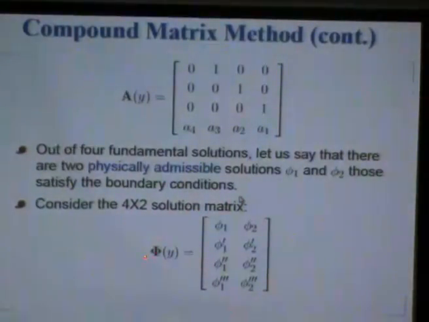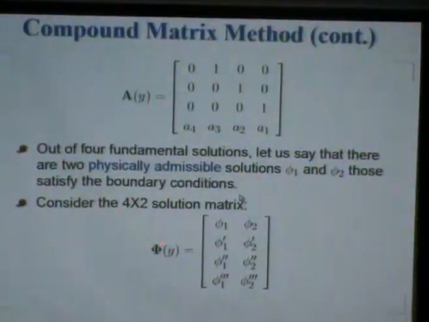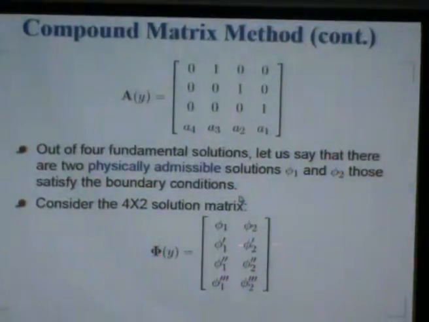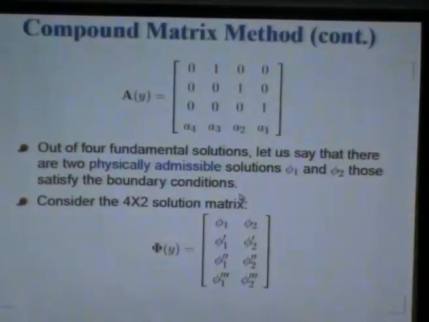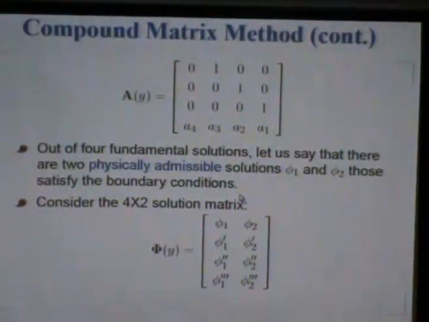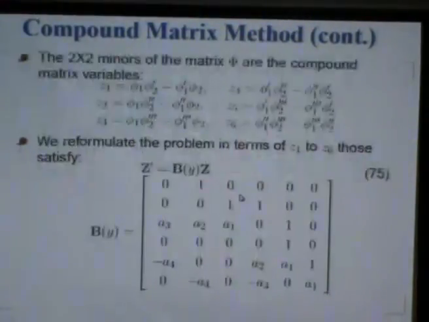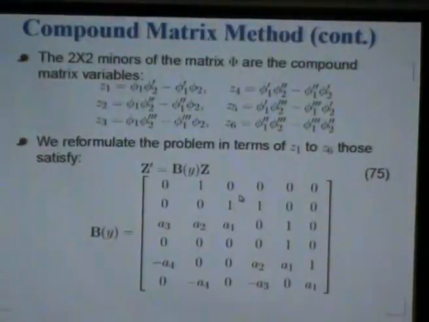construct a solution matrix, which again let us call phi, consisting of those 2 solutions, phi 1, phi 2 and their other 3 derivatives. So, basically we have this 4 by 2 matrix. From there, what we could do is construct various combinations, 2 by 2 combinations. So, basically what we are talking about,